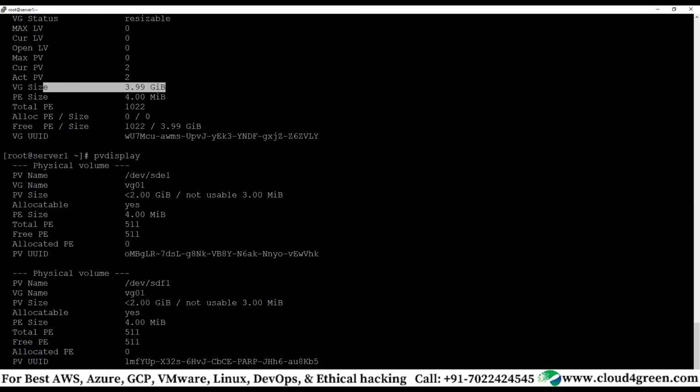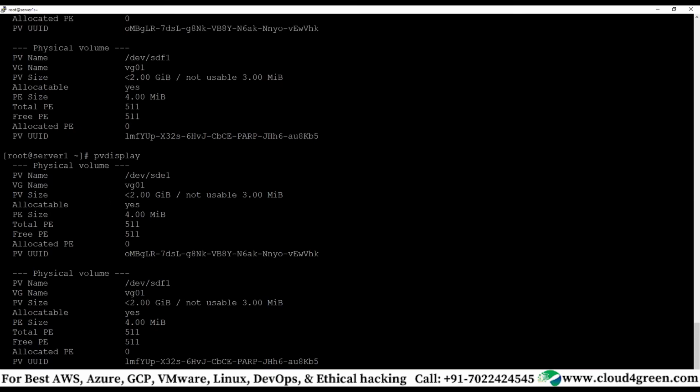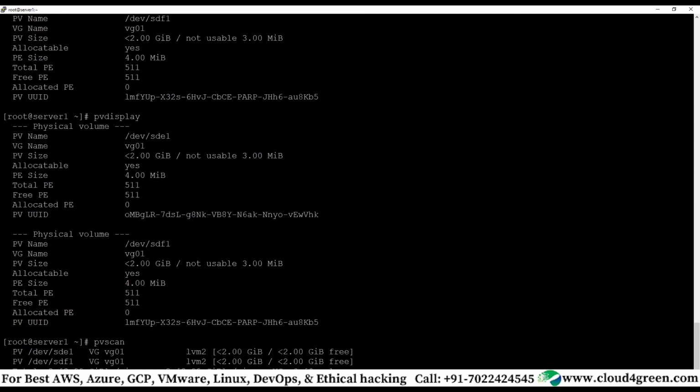When the system scans it, if it reads the metadata, it will identify that as a physical disk. That is why, when we use PV display, it scans through all the disks, identifies where the metadata specific to a physical volume is written, and displays it. That is what happens with PV scan.